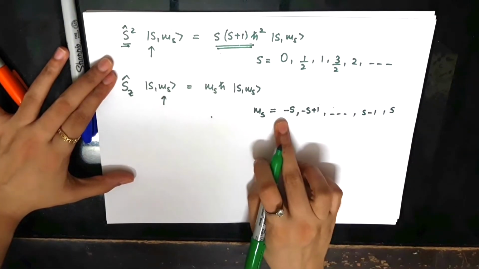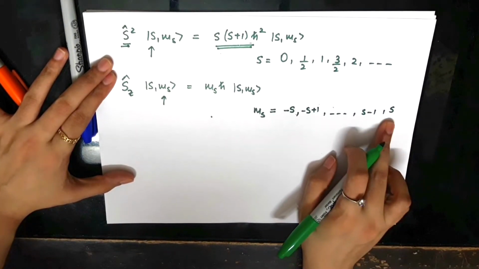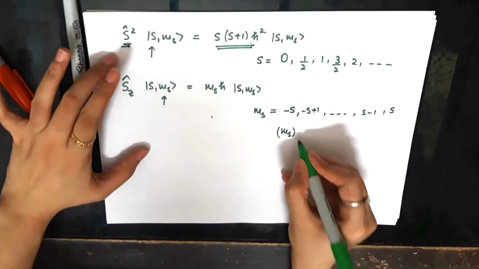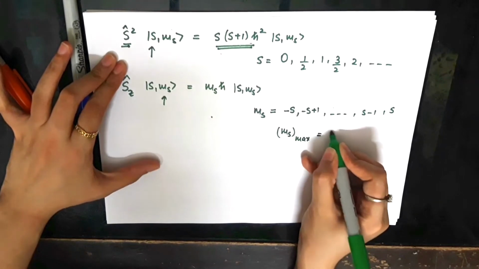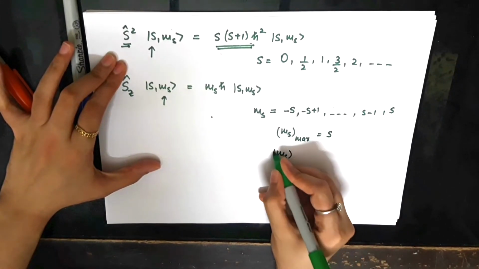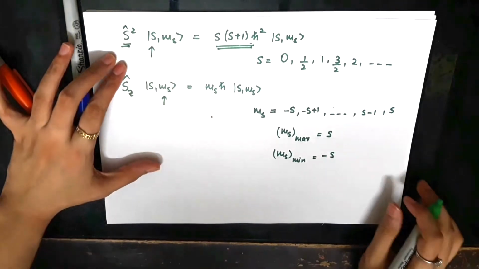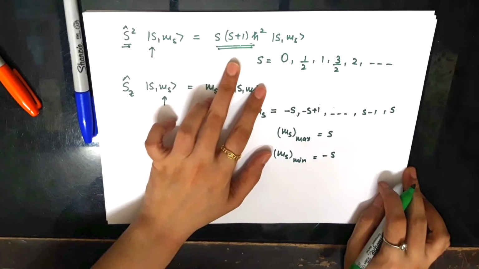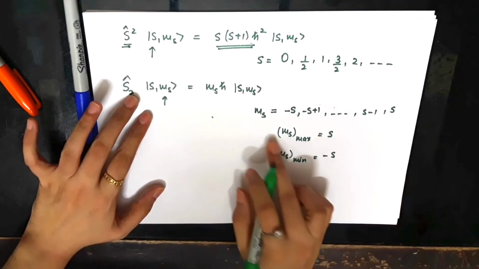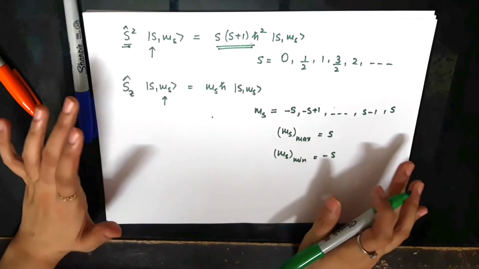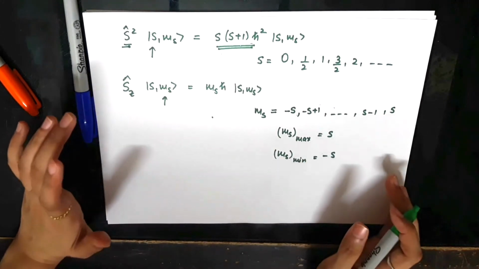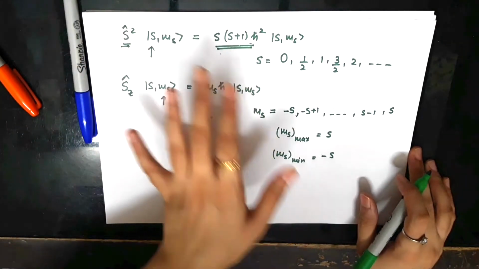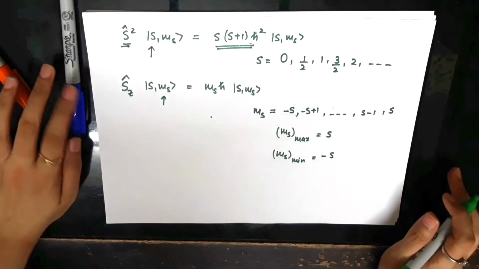So you start from minus S, keep increasing the eigenvalues by 1 and reach till plus S. So the maximum value of the Z component, the eigenvalue of Sz, could be S, and the minimum value is minus S. So that is why we label states by S. This is not exactly the eigenvalue of S square, but all these deductions, all these expressions are pretty simple, so it's more convenient to talk in terms of S rather than in terms of this eigenvalue. So that is why we label it by S and not this eigenvalue exactly.